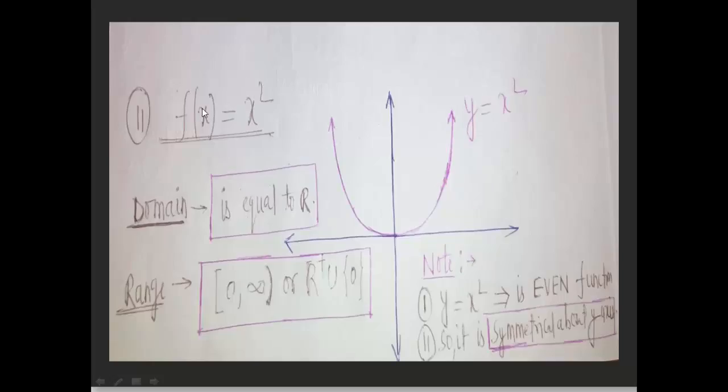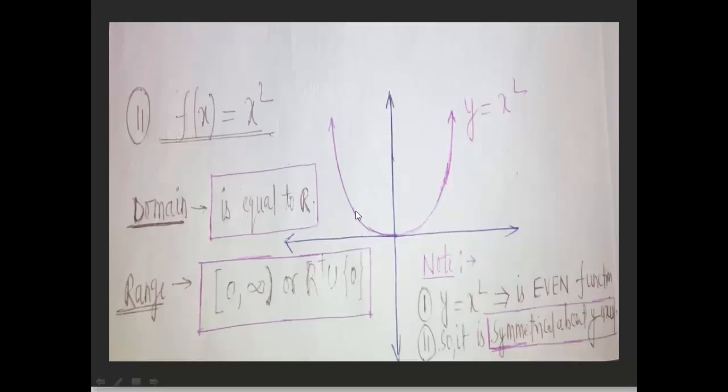This one is the second example of polynomial function, f(x) = x^2. This is actually the equation of a parabola, y = x^2. So the parabola looks like this. Here y = x^2 or f(x) = x^2 is an even function. Any even function is symmetrical about the y-axis. That means if we place a mirror on the y-axis, the same reflection can be seen in the second quadrant. That means whatever the curve does in the first quadrant, the same curve will repeat in the second quadrant.